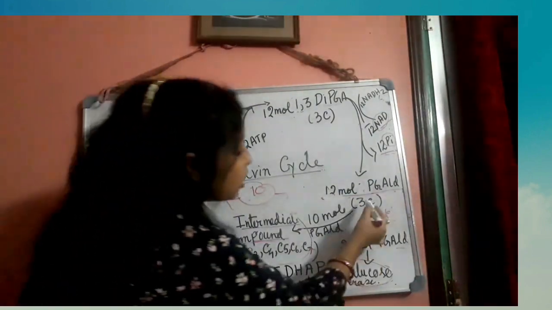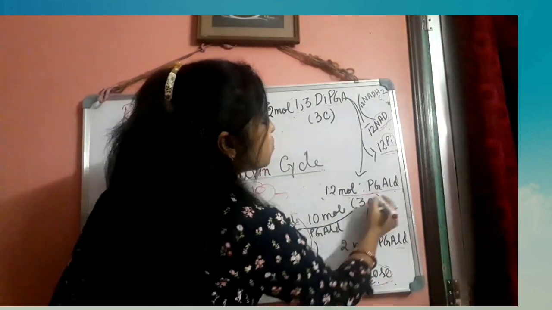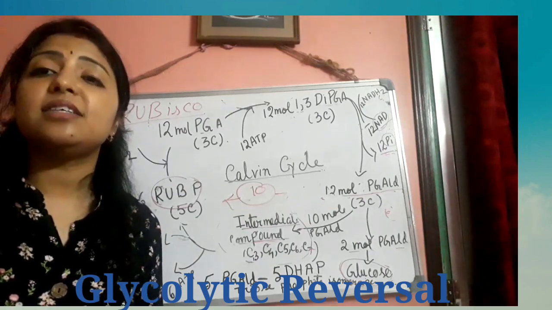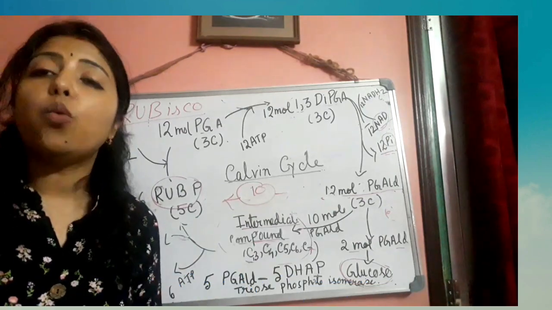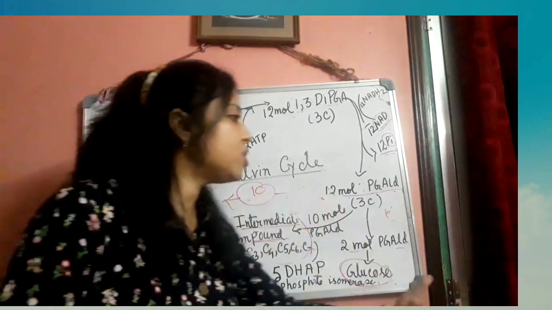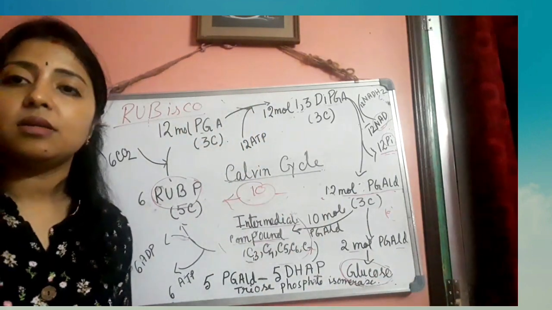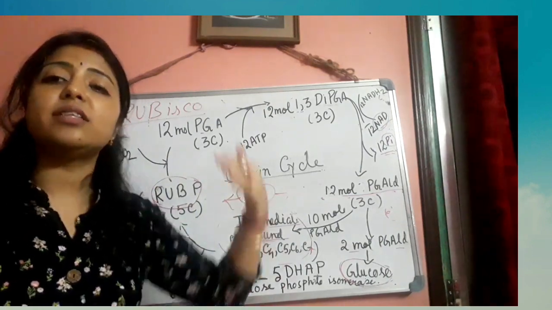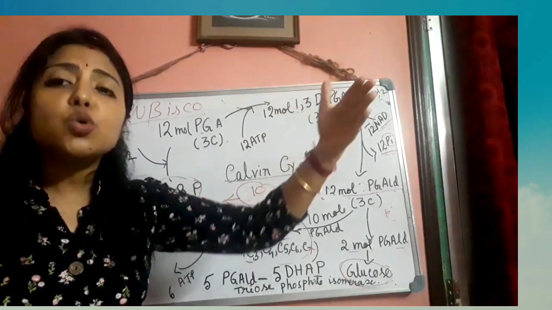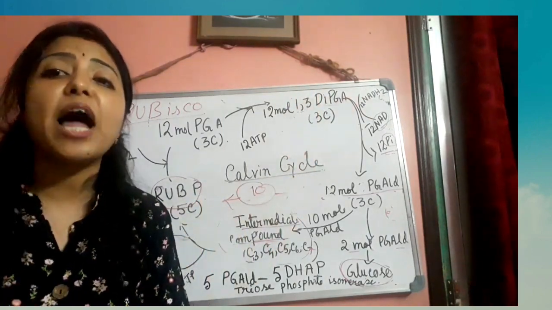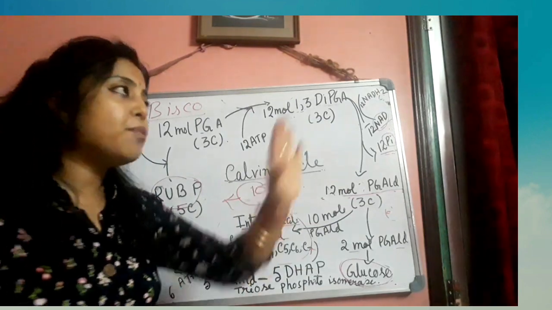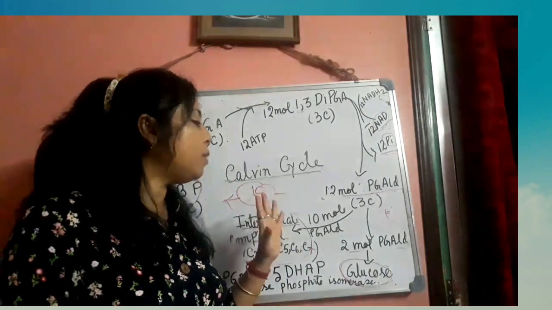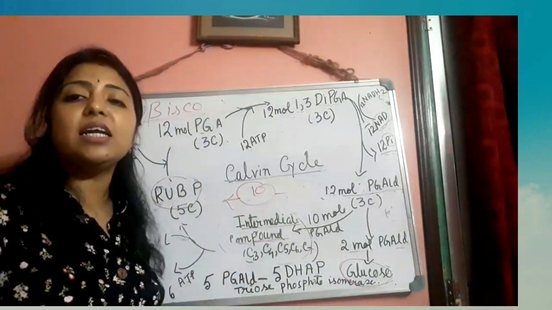This process, the synthesis of glucose from phosphoglyceraldehyde, is also known as glycolytic reversal process. Why? Because it is just the reversible process of glycolysis. Why? Because in glycolysis, which occurs in the cytosol, glucose will, through different processes, produce pyruvic acid. Okay, but I am not coming to the pyruvate. But here one compound will be produced, that means phosphoglyceraldehyde from